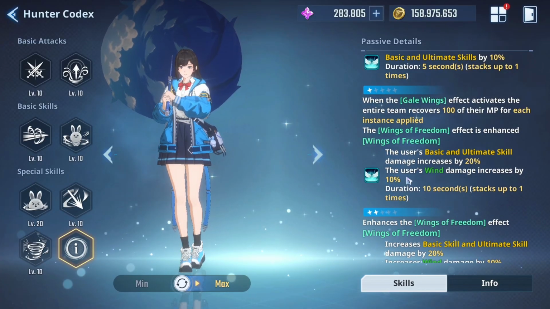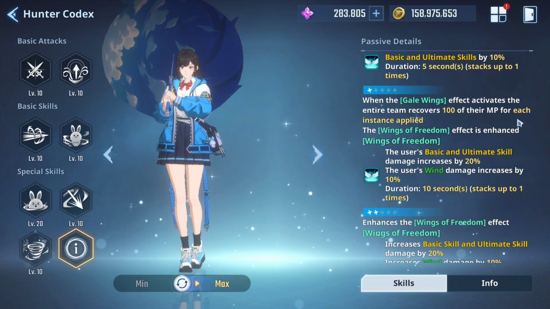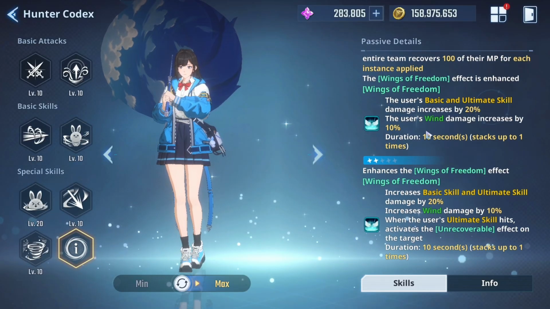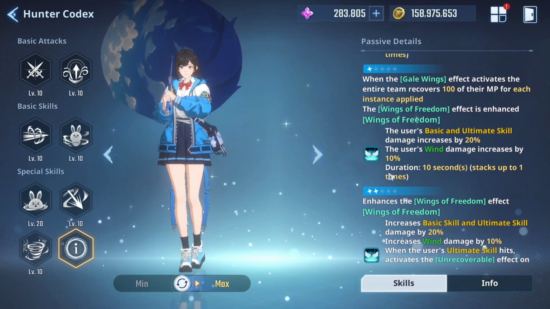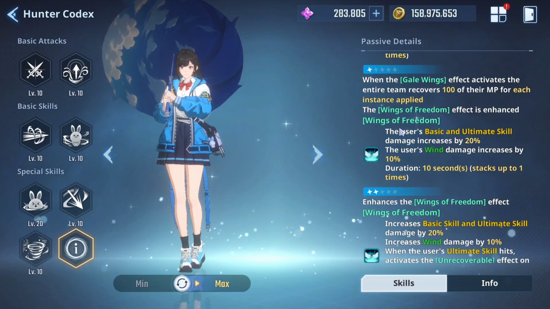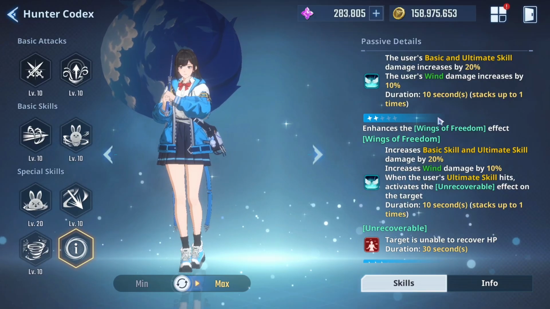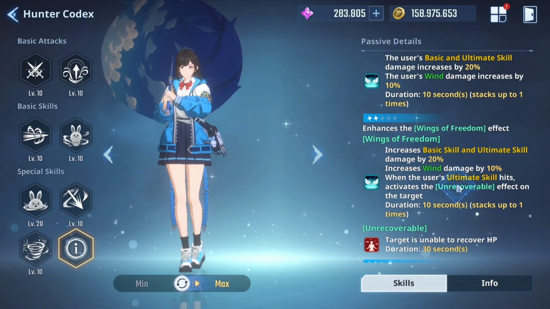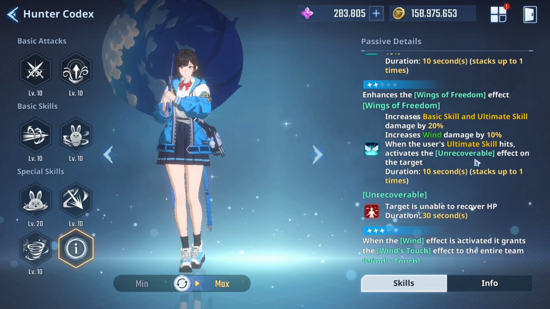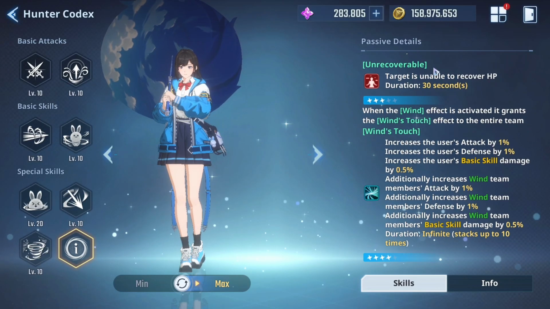Okay, so on A1, actually, it now matches the buff given to Jinah. It's already 20 and 10%, which is nice. So I guess at least A1. If you want to use Jinah as a support, you need to go A1 or A2 because it enhances the Wings of Freedom buff. It adds an unrecoverable effect. And then on A3,